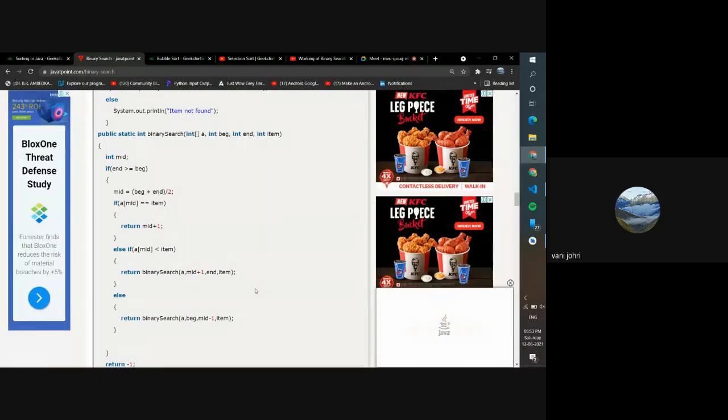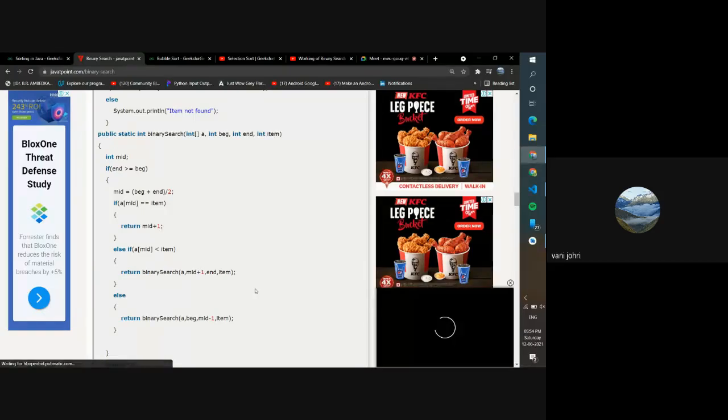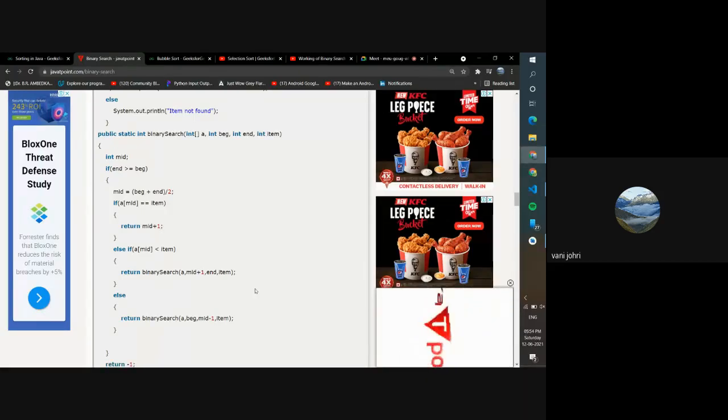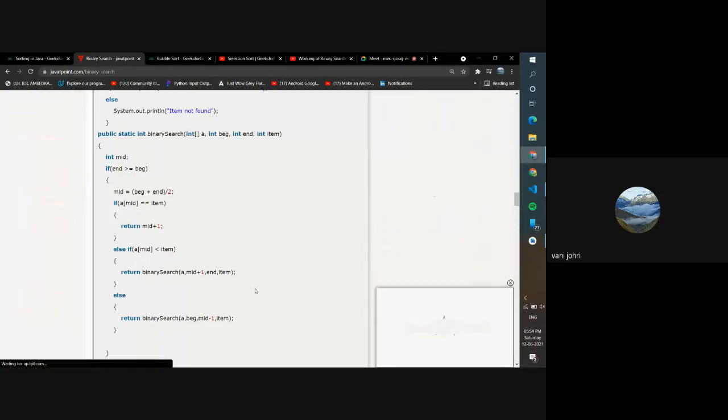Okay, great. So it's already not much time, so let me tell you what task I want you all to do. This binary search code that I am showing you is from the Java T Point website, and the rest was all from Geeks for Geeks. So you can find all that code over there.